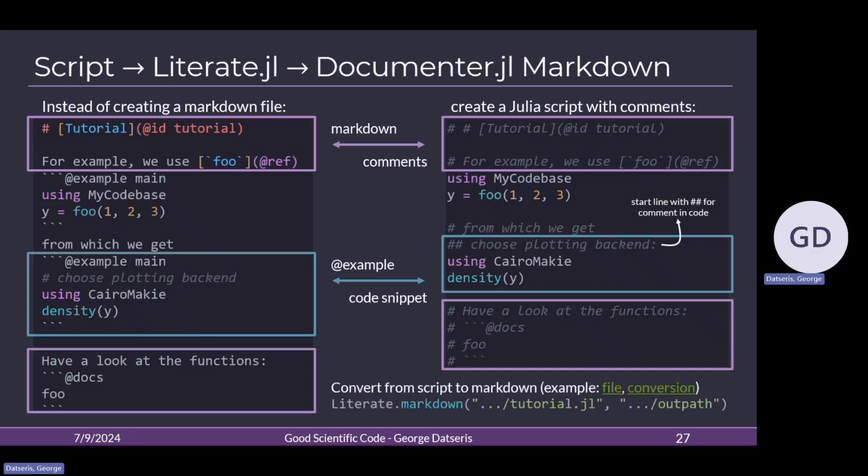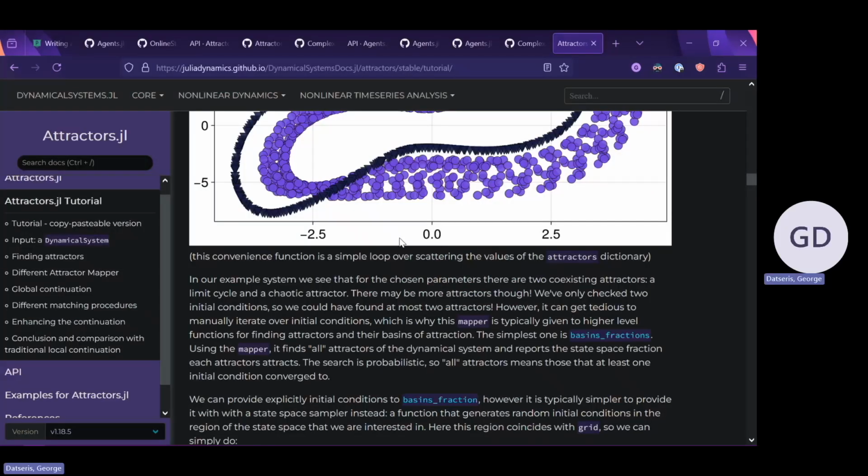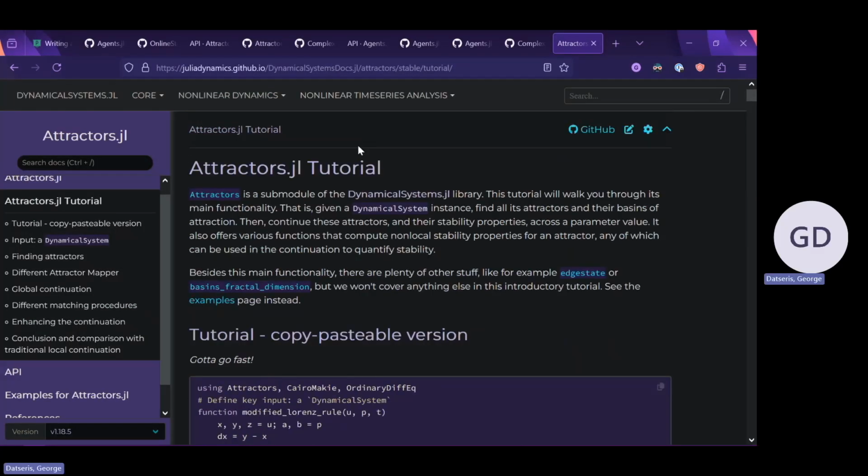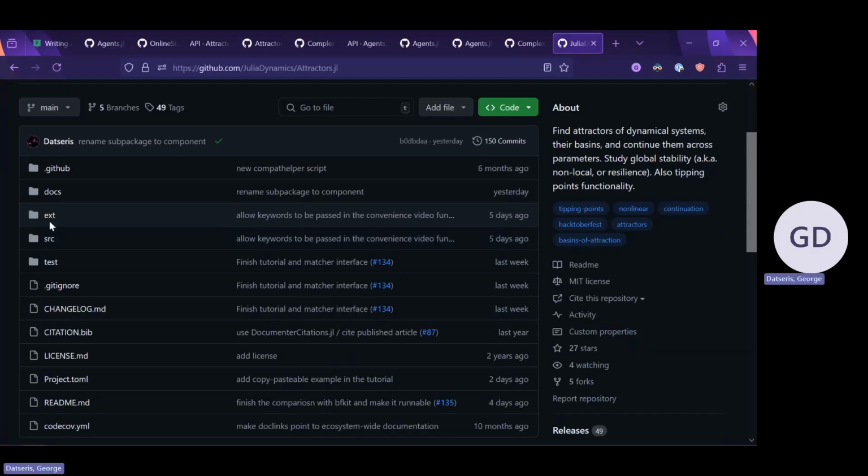So the way this works is that you use the Literate package and you just call a single function called markdown from this package. You give this package your Julia file, and you give it an output path for where to save the markdown version of this file. Okay? Right. So just to make this as clear as humanly possible, can I even make this as clear? Yes, of course. Right. So source.